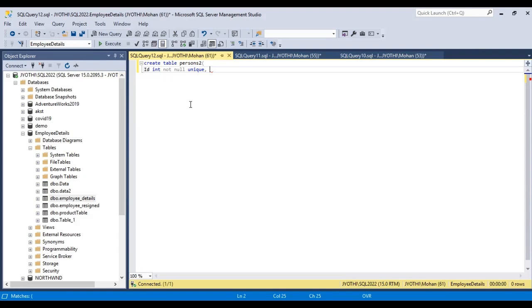Now name, data type is varchar, and it is not null, comma, age is integer type.